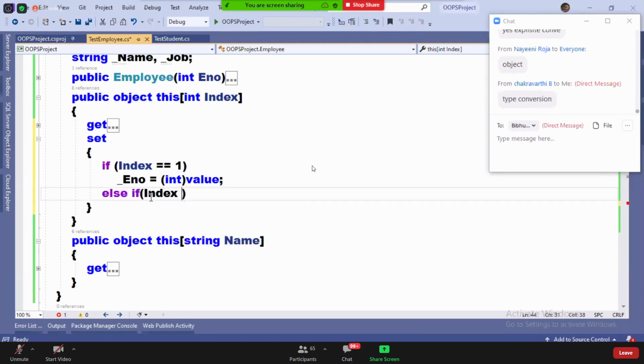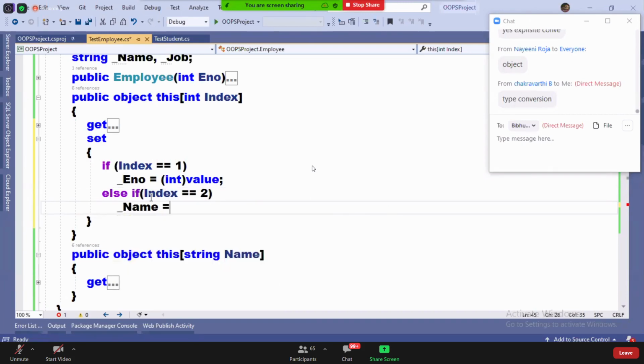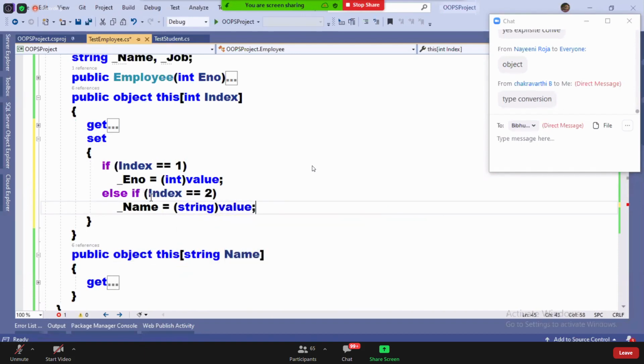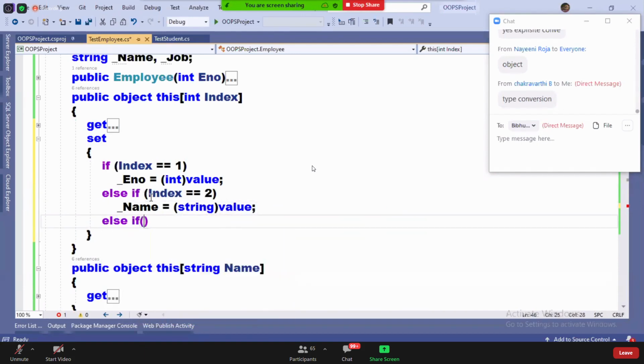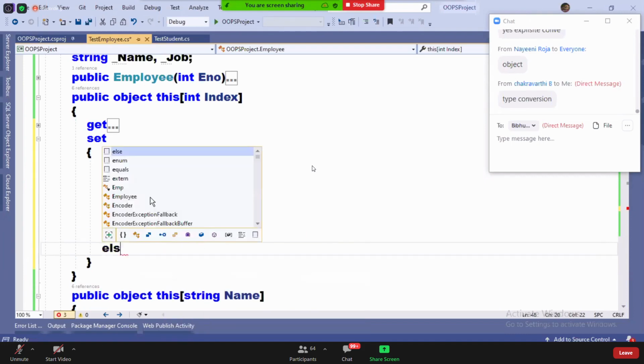Else if index is equals to 2, underscore name is equals to string of value. Else if index is equals to 3, underscore job is equals to string of value.